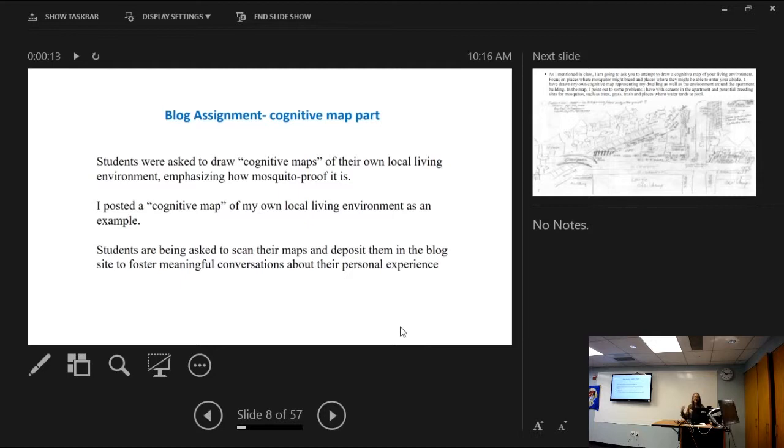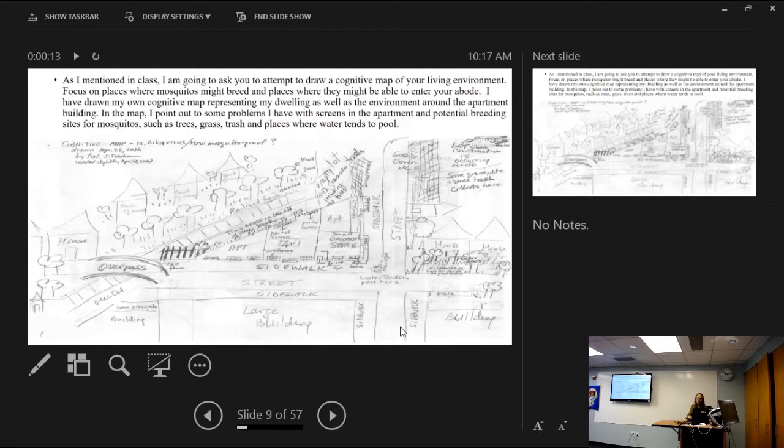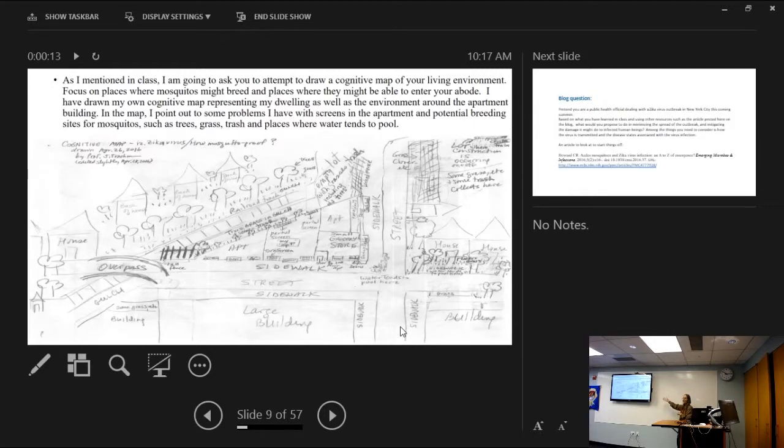So I asked them basically to think about their local environment and think about how mosquito-proof they are. Because hopefully you remember Zika virus is transmitted by mosquitoes, in particular Aedes aegypti or Aedes albopictus, which could theoretically be in the New York area. There is that possibility. So I provided them with my own cognitive map,